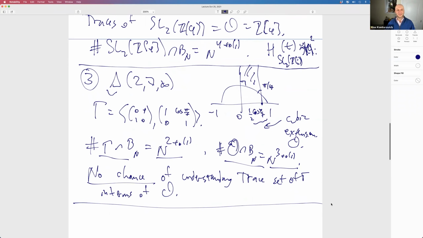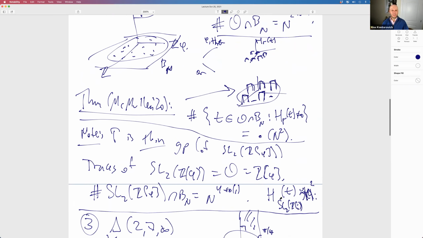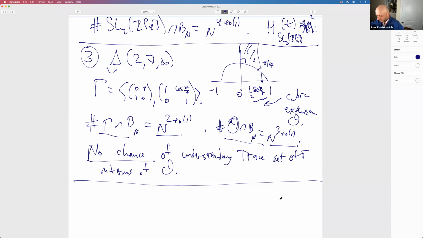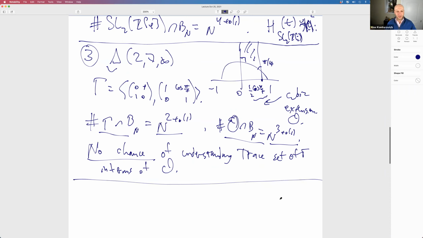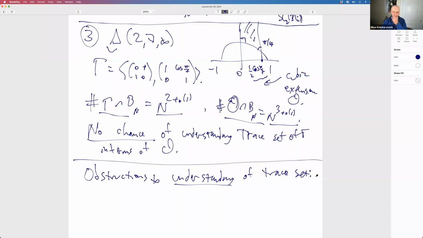It's here where we had a chance of producing the same number, and Kurt's theorem says that in fact, no, this fails. Okay, so let me introduce some notation of what I would like to say. Let me give you just two more obstructions, further obstructions to understanding the trace set. Well, it's not really to our understanding, but to possible values of the trace set. So let's go back to,